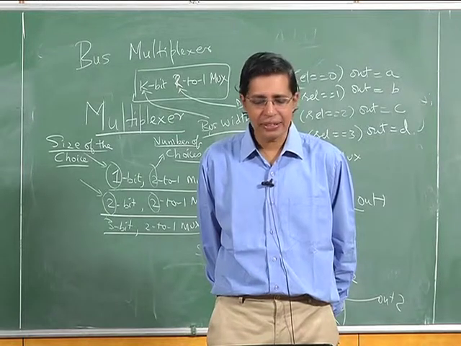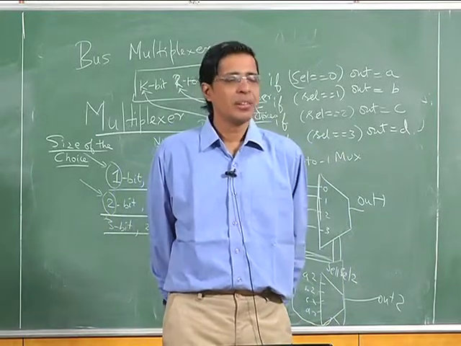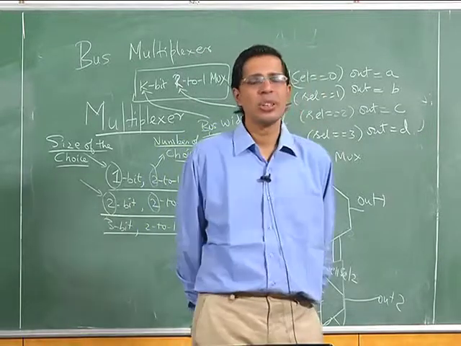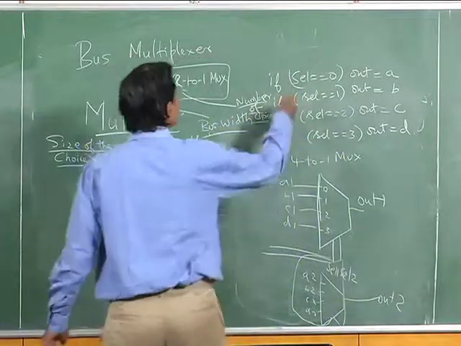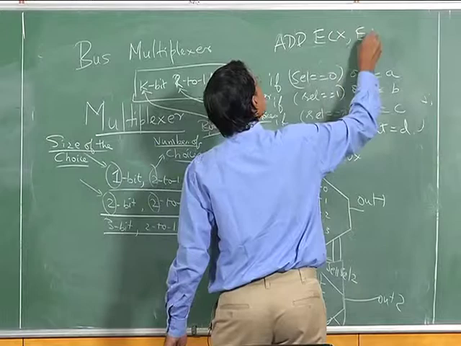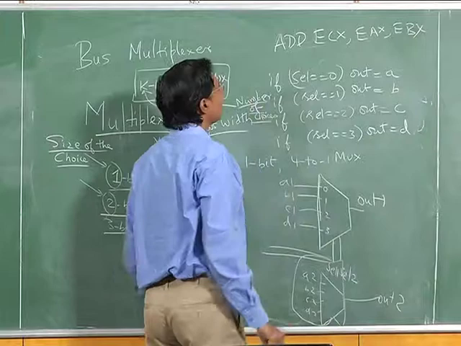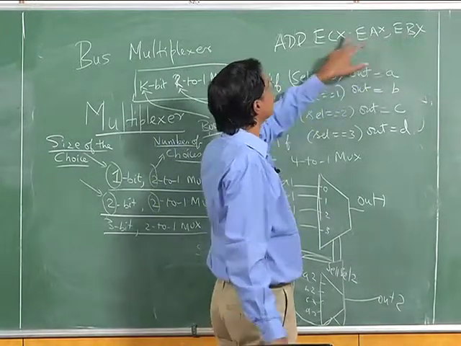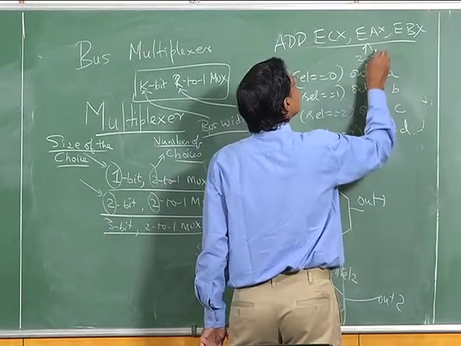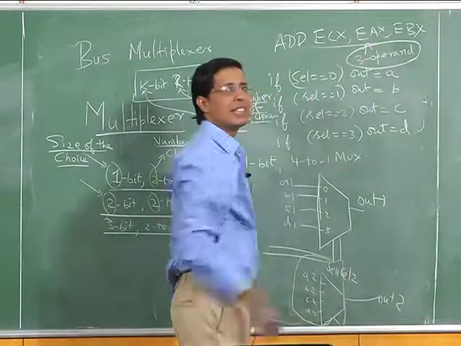So that is how you design your instruction set, right? I have 2 operands, I want to add them. There are 2 ways by which you can store. I can say add ECX, EAX, EBX, wherein I take the values from EAX and EBX and store it in ECX. This is called a 3 operand instruction, because there are 3 operands here.